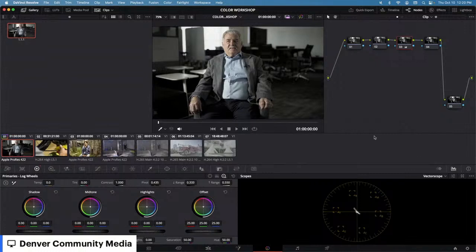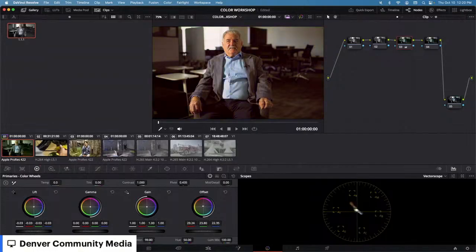So you can see if let's go back here and boost the saturation, you'll see it grows a lot. And as I turn the colors, you can move it different ways. You can pull it, different colors. So we have that. But what I primarily like to use the vector scope for is if you go into